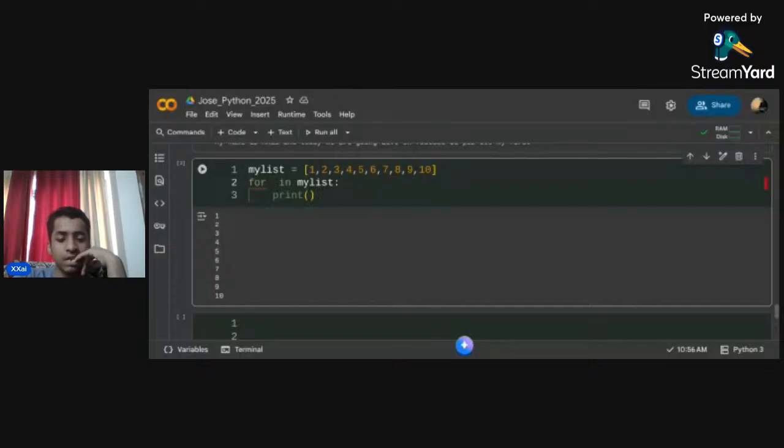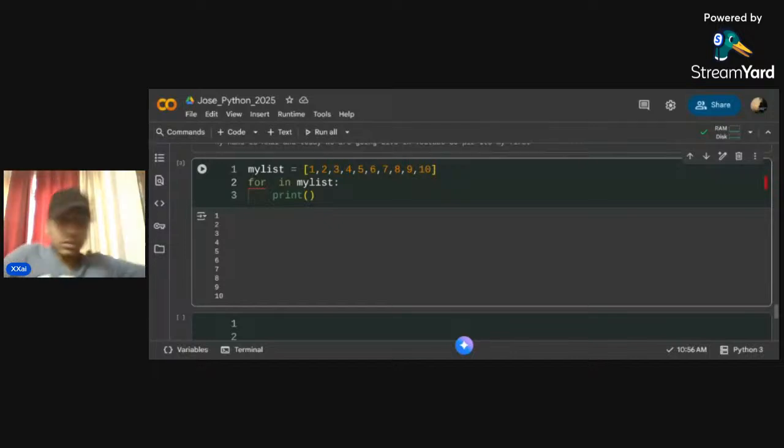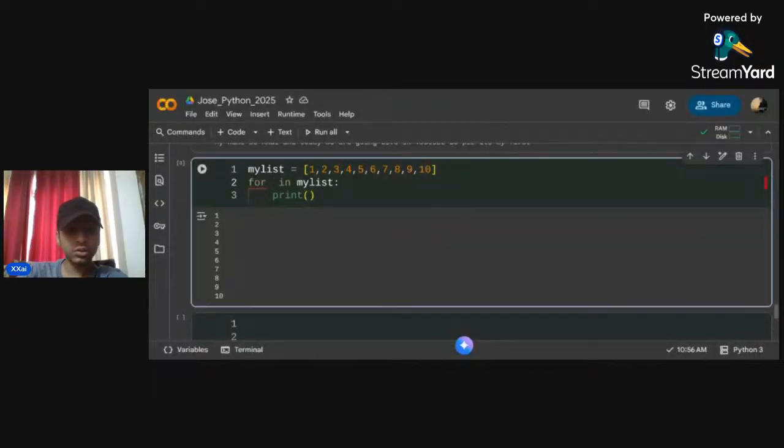Now let's combine our knowledge of for loops with a little bit of what we just discussed in control flow. Let's see if we can print out only the even numbers in this list. So to do that, what we're going to do is start off by saying for num in my list, and then I'm going to add in some control flow to somehow check if the number is even. So I'll say check for even here. This is just a comment. And then what I will do is the following. I'll say if num mod 2 is equal to 0, colon,